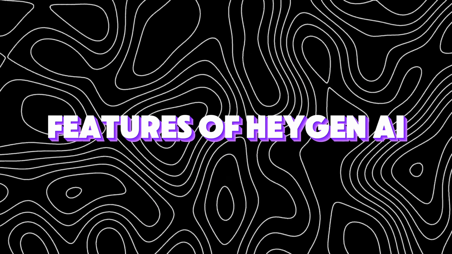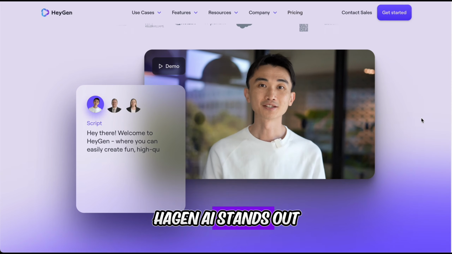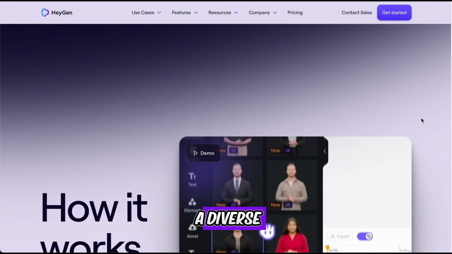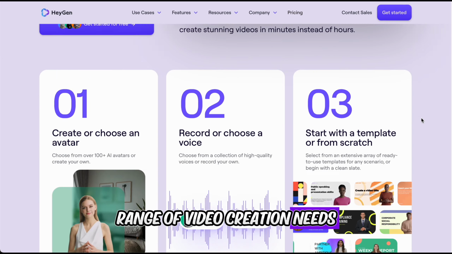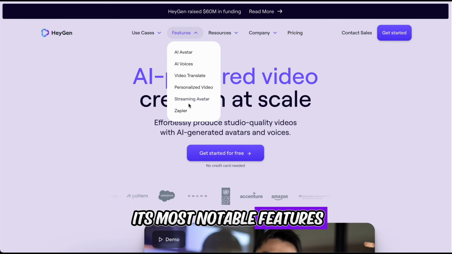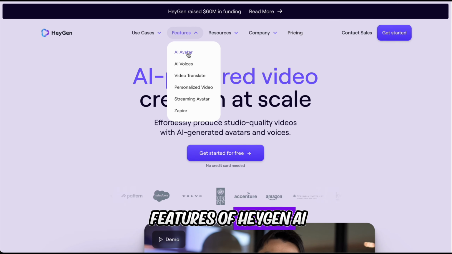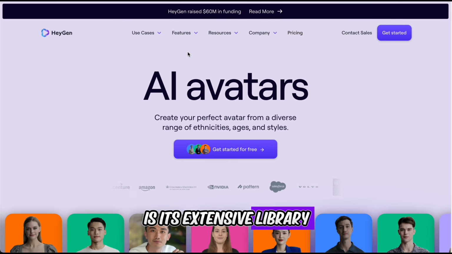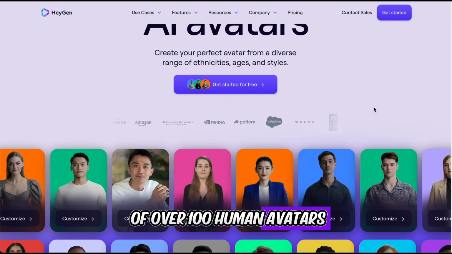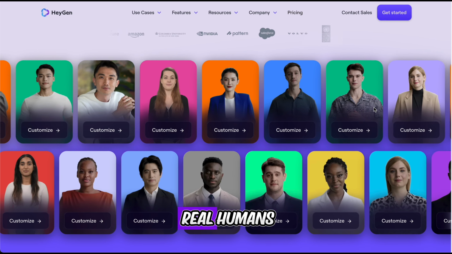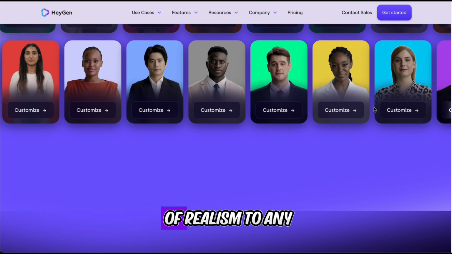Features of HEYGEN AI. HEYGEN AI stands out due to its rich array of features designed to cater to a diverse range of video creation needs. Here are some of its most notable features. AI avatars. One of the core features of HEYGEN AI is its extensive library of over 100 human avatars. These avatars are designed to look, speak, and move like real humans, adding a high degree of realism to any